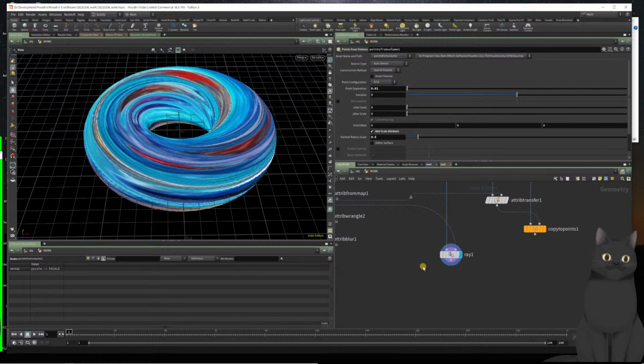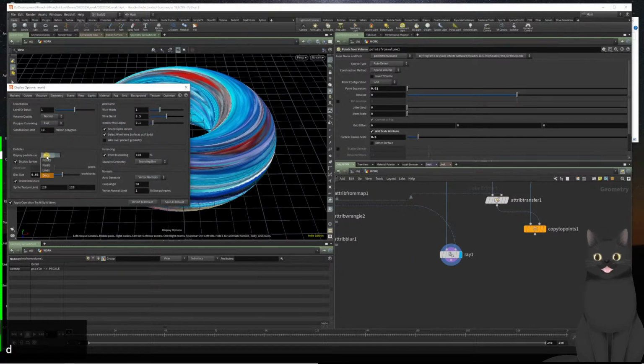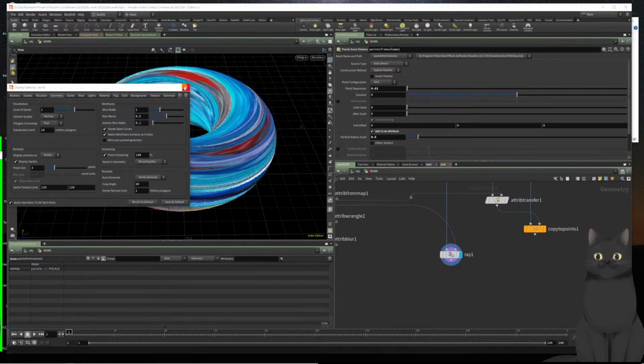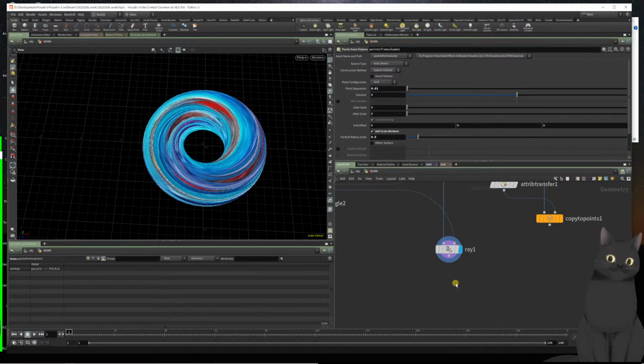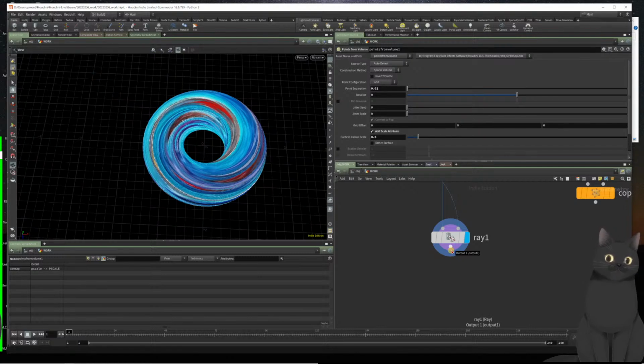You'd maybe go out of the disks mode and just back to points. It's a little bit quicker for the viewport to display stuff that way. So it just depends. At some point you're going to have to do a transfer like that, and it could get pretty expensive. But if I'm just using this as source geometry, then it's not as big of a deal because we're not running this every frame. So maybe I'll just do the top network to make